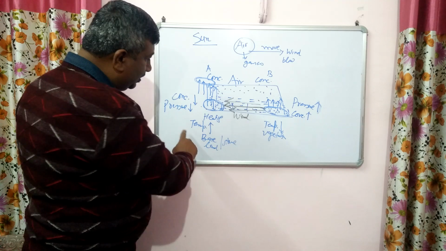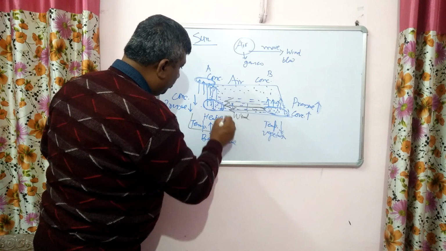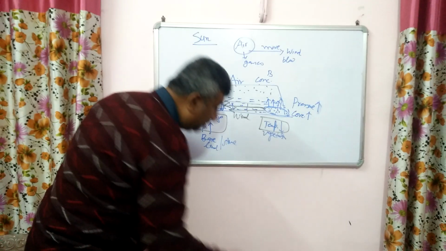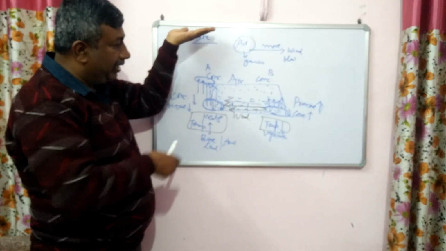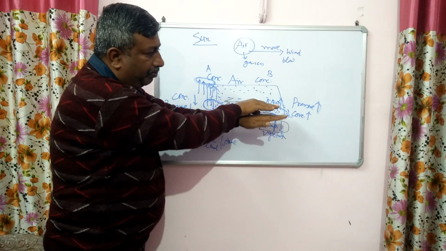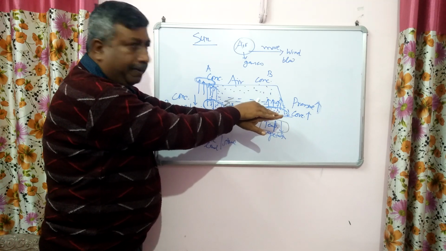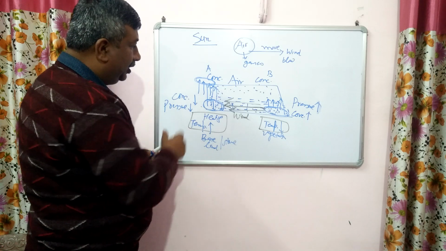How? Because if we see this temperature, it is causing heat. If temperature is more, then there will be more heating and the air molecules move upward and the pressure will be low. Here temperature is low, so molecules will be more and pressure will be high, or the concentration of molecules will be high. Then it moves from this B direction to A direction.